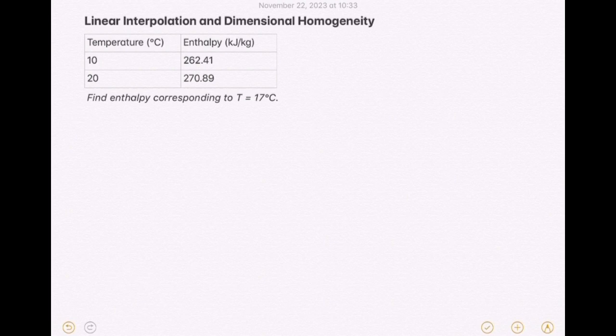This isn't going to be the most extensive list of subjects in thermodynamics. It's not going to cover everything you're learning, but it is more than likely going to cover some topics that I think will give you a little bit of trouble. And if there are subjects that you want me to cover because you're having trouble with them and I don't cover them, by all means let me know in the comments and I'll see how I can help. So for this first episode, we're going to cover linear interpolation and dimensional homogeneity,